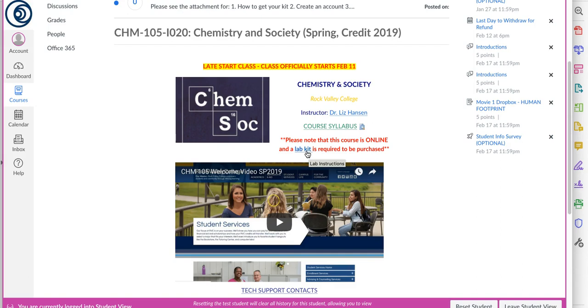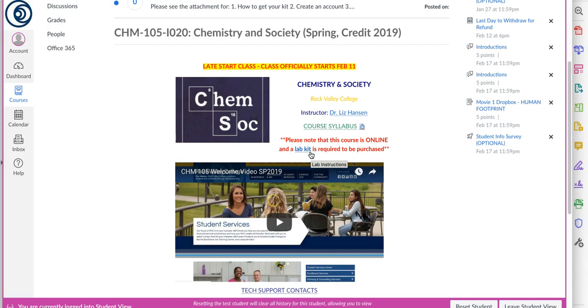You will need the lab kit the first week. You have some requirements where you have to show that you have the lab kit. So again, depending on your situation, I really recommend you order in advance if you can and save like $80 if you order directly from them, or walk into the bookstore, and for those of you that have to use financial aid, that's your only option, I realize as well.